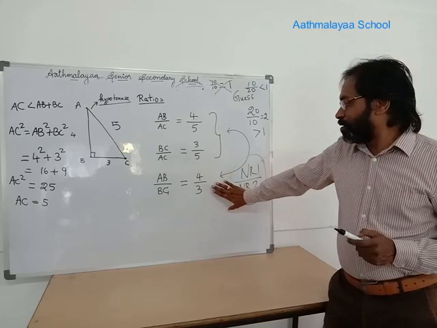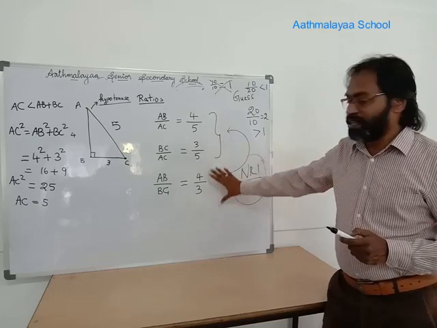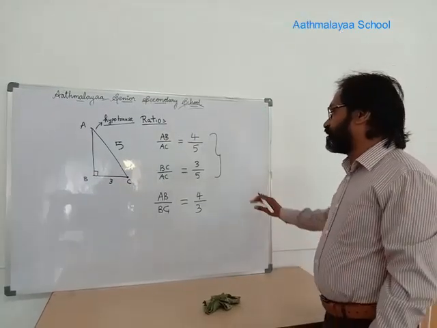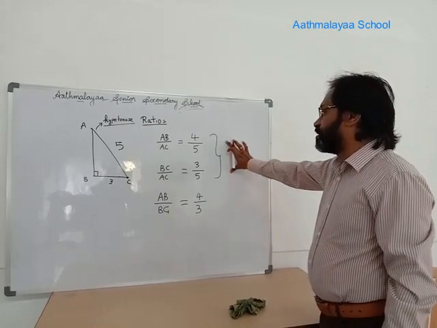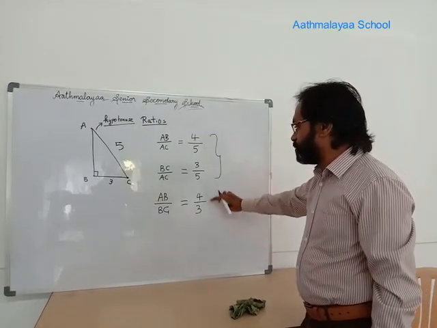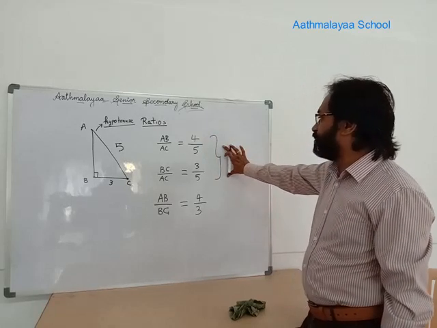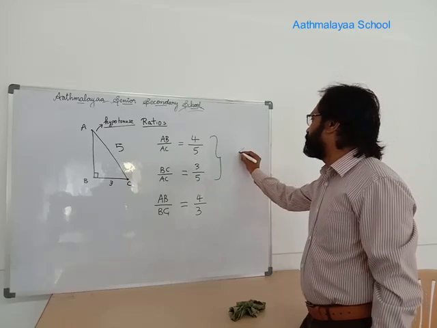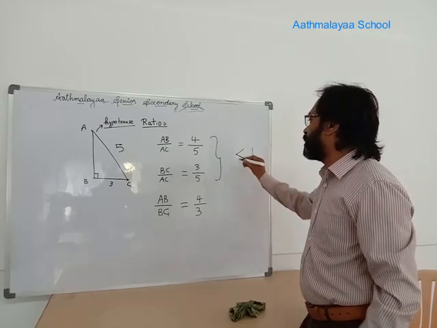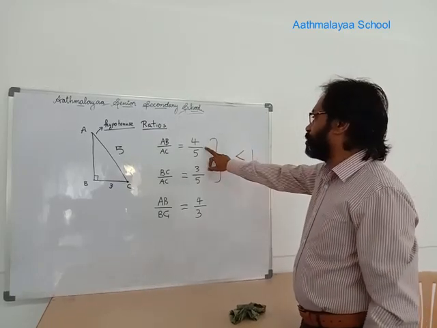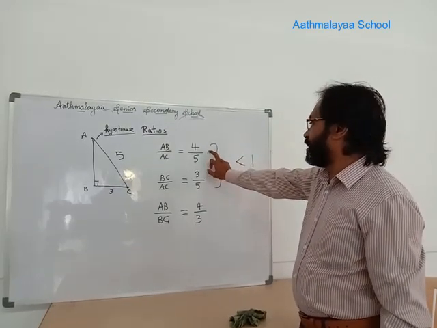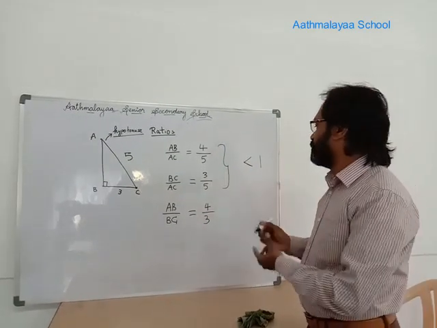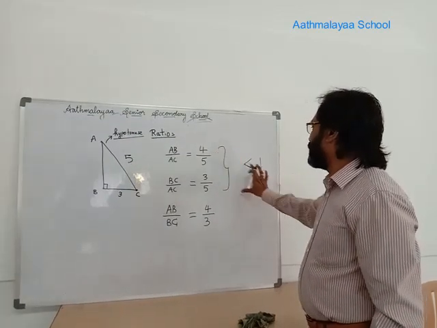Okay, so let me stop right here and summarize these three. What I paused on is, we took three ratios. These two ratios I grouped. The reason for grouping is that these two ratios have the property that they are less than 1. If you want, you can use your calculator or your mind to find this ratio: 0.8, and this is 0.6. So these two ratios are lesser than 1.